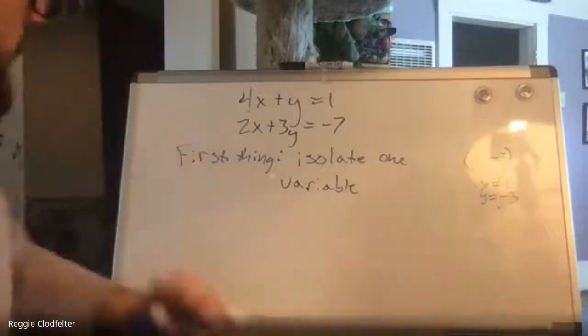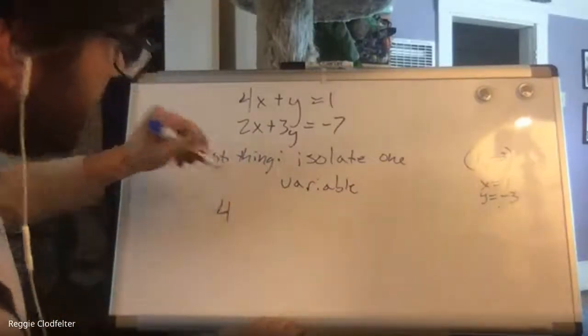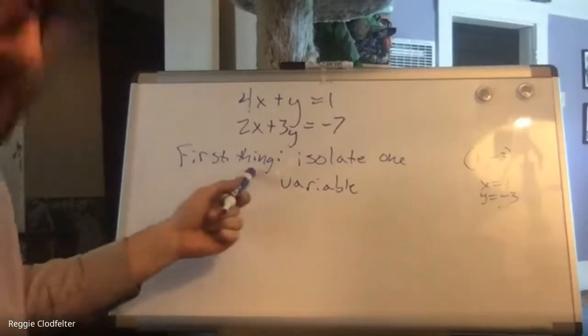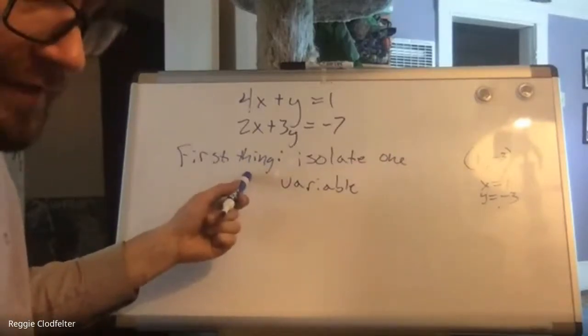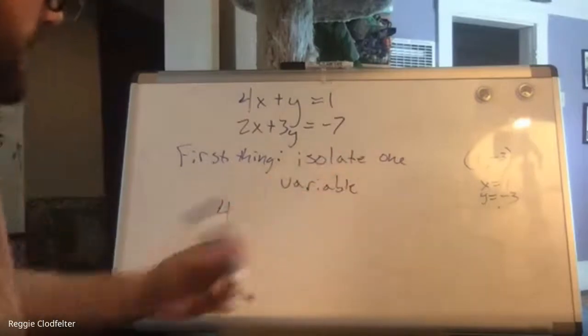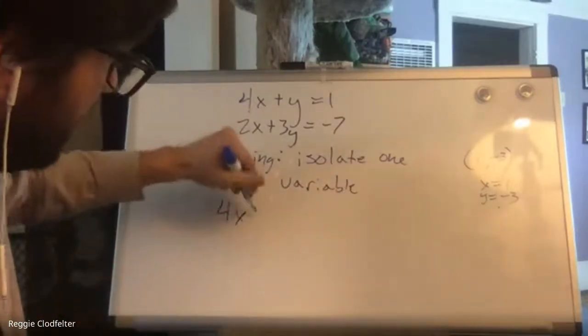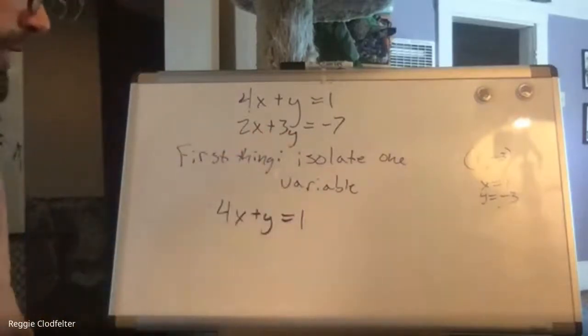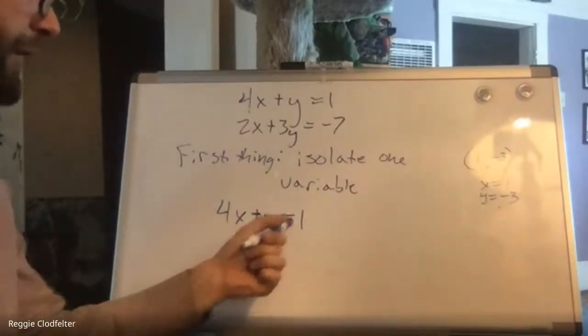If we have 4x plus y, and again, feel free to write all of this down in your notes. You can write down that the first thing to do when solving a linear system by substitution is isolate one variable. So if we have 4x plus y equals 1, and I want to get one of my variables alone on one side of the equation, I can just